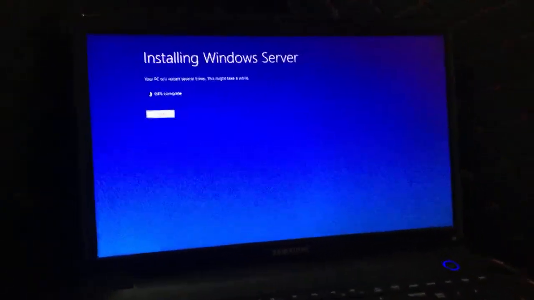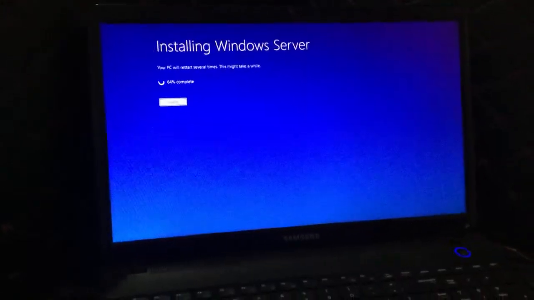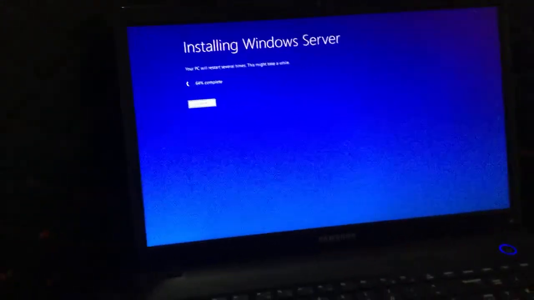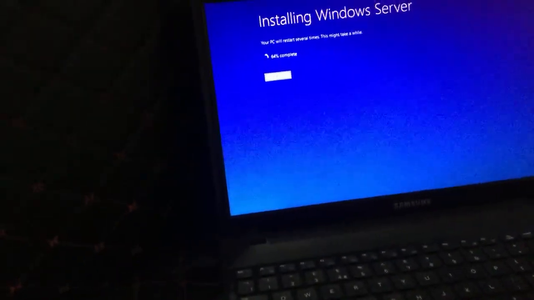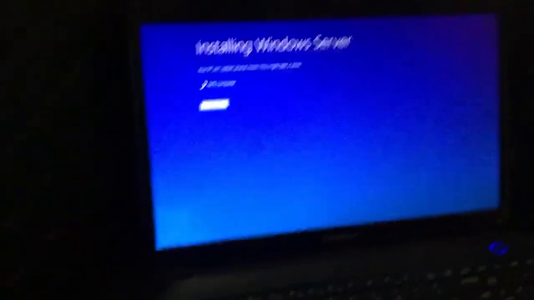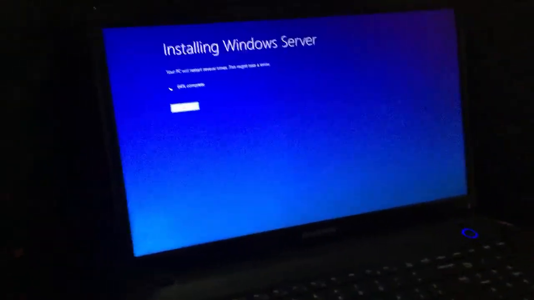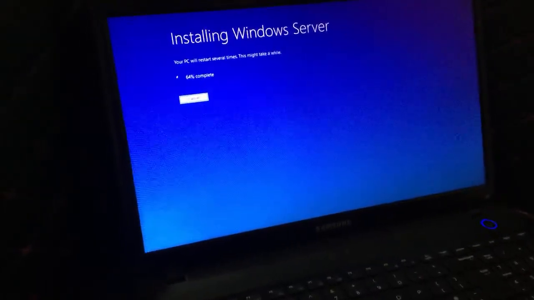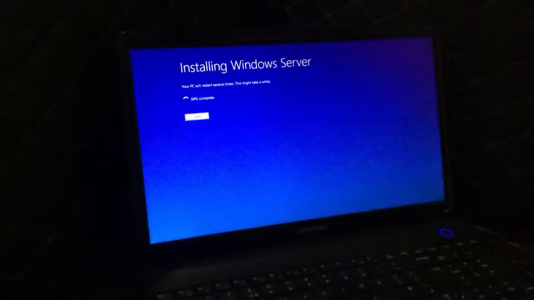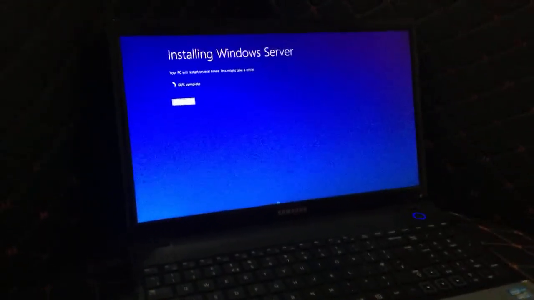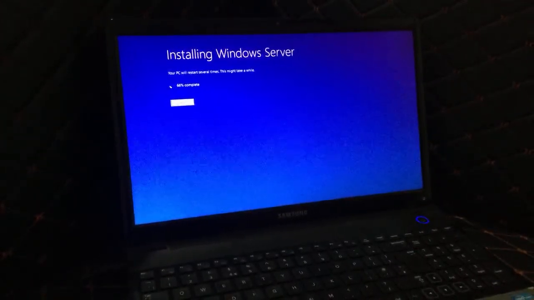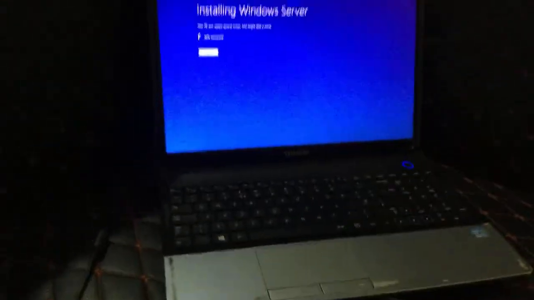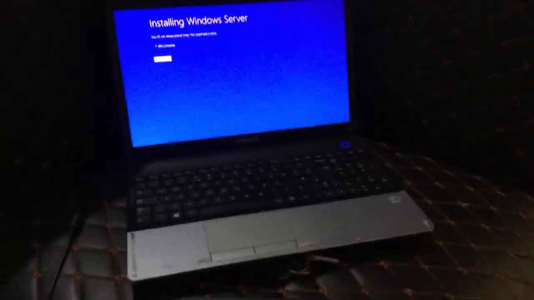So we are installing Windows 11 on our Samsung laptop, as you can see. And this laptop, I tried installing the Windows through the USB. It refused because it wasn't meeting the hardware requirements. So right now we are 66% of the process, and this is the laptop I'm working on, Samsung, and this would work on other computers,